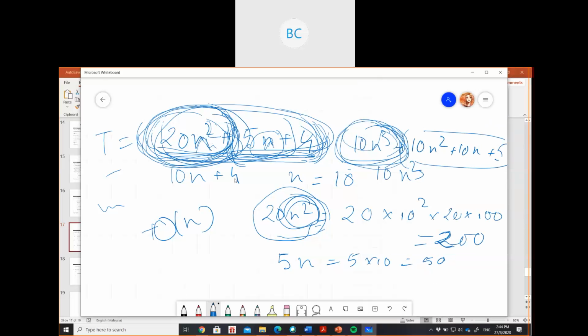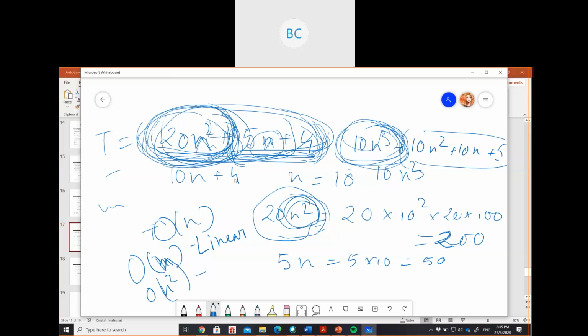Now you will get different types of asymptotic notation, or you can say time complexity. Suppose O(n) is your linear. Linear means it's just linearly increasing with the input size. Then there will be an n squared term, like you just saw.